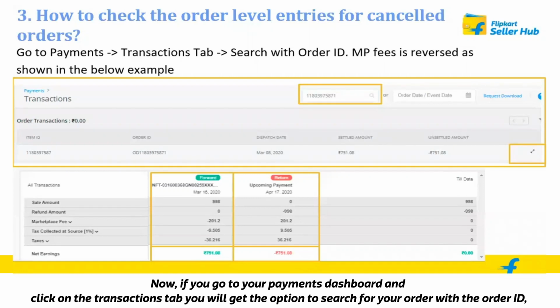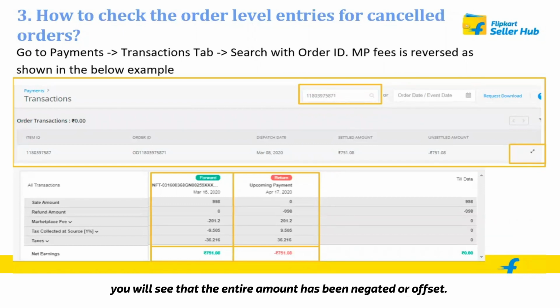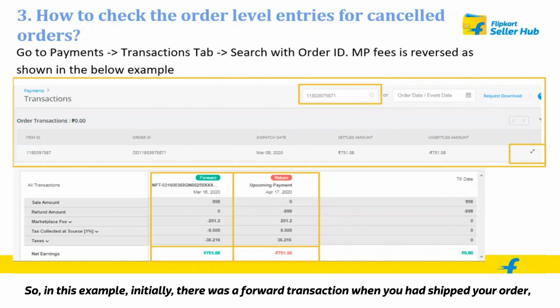Now, if you go to your payments dashboard and click on the transactions tab, you will get the option to search for an order with the order ID. You will see that the fees, the entire amount has been negated or offset. So in this example, initially there was a forward transaction when you had shipped your order.